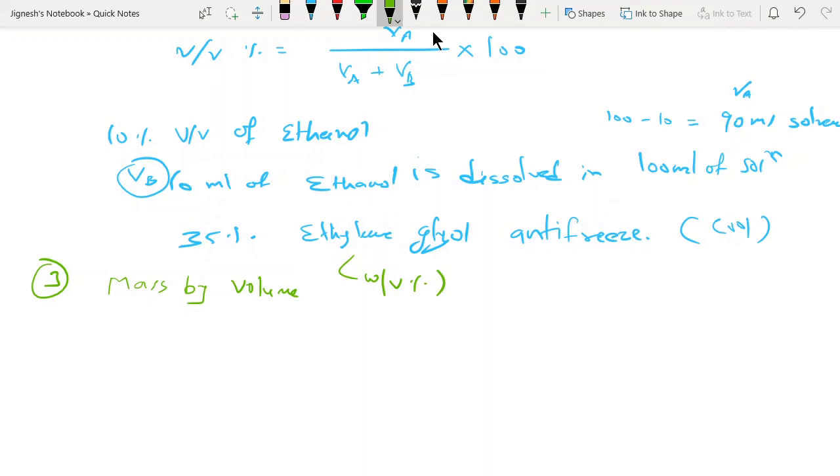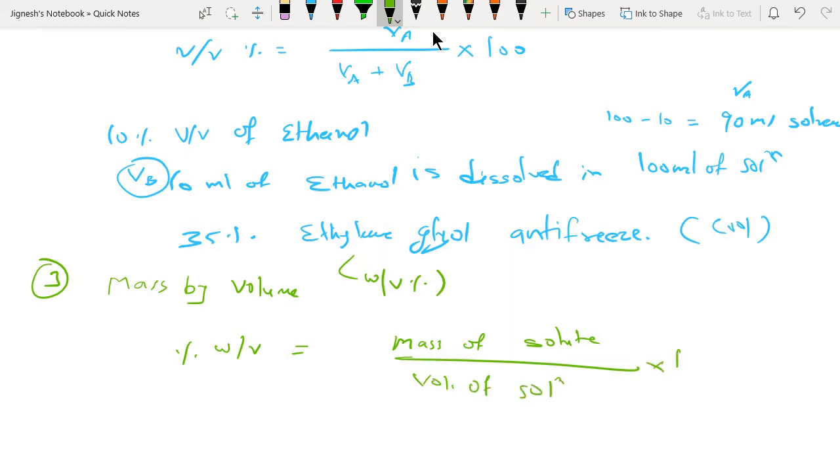Another unit which is commonly used in the medicine and pharmacy. This is used in medicine and pharmacy, guys, and it has a mass of solute dissolved in 100 ml of solution. એટલે કે જો કોઈનું W by V લેતો હોય, અને આ મોટે ભાગે આપણે ક્યાં જોઈએ તો દવાખાનામાં આપણને બોટલ ચડાવે છે ને, જેને ડેક્સ્ટ્રોઝ કહે છે, સલાઇન વોટર, એની અંદર આવું હોય. W by V નો મતલબ શું? તો કે માસ ઓફ કમ્પોનન્ટ, માસ ઓફ સોલ્યુટ divided by volume of solution into 100.